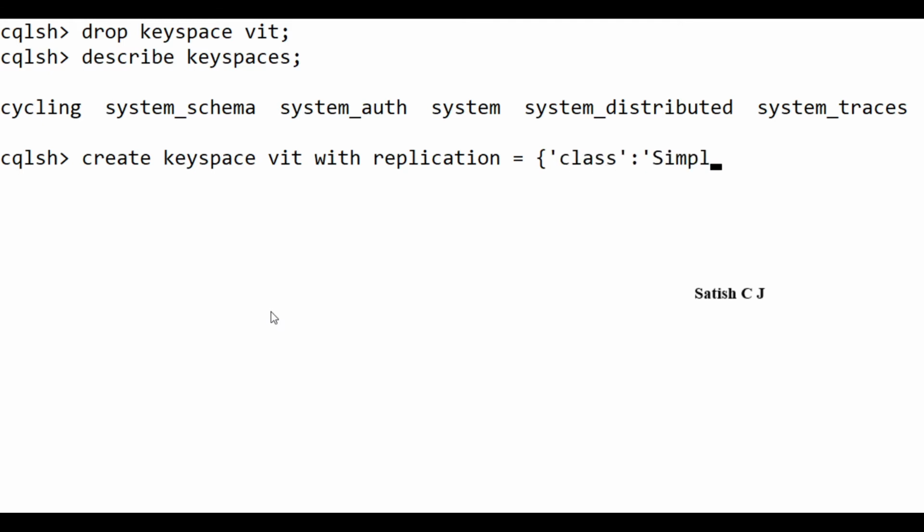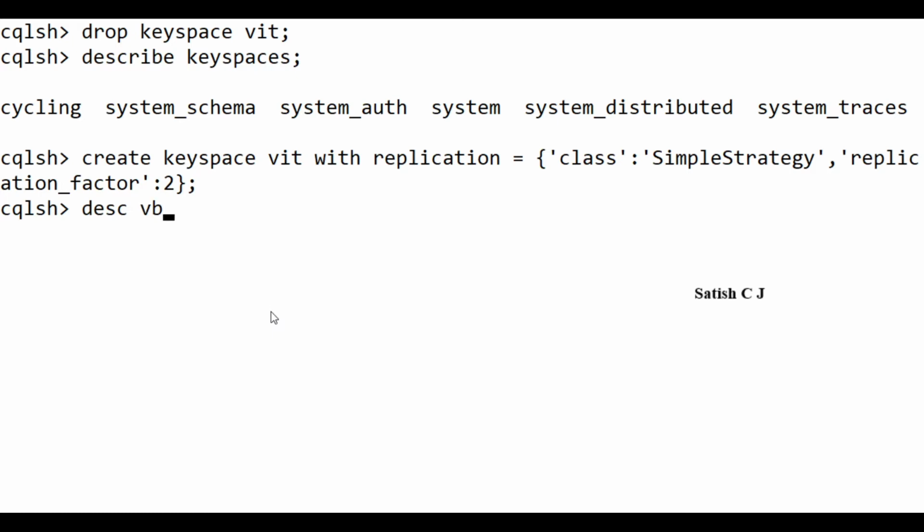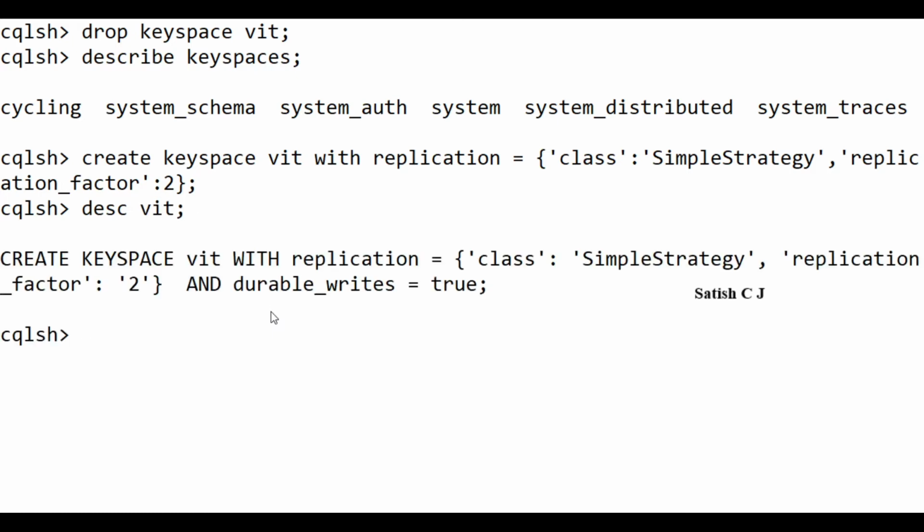The class is SimpleStrategy, and replication factor will be 2. Let's create this keyspace, and now our keyspace is ready. So keyspace is like a database, and it's going to hold a lot of tables. So we'll use this keyspace VIT.